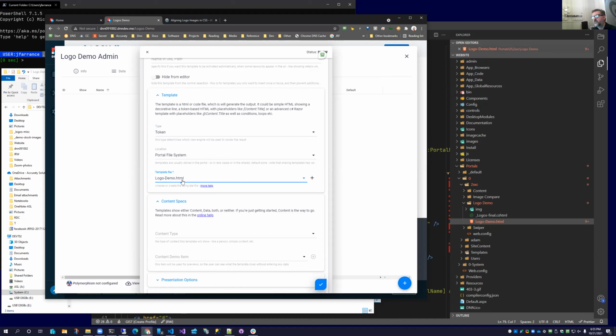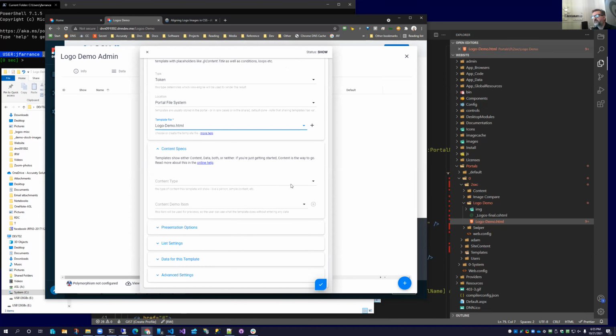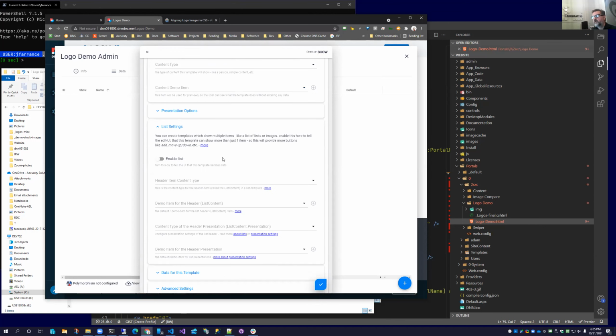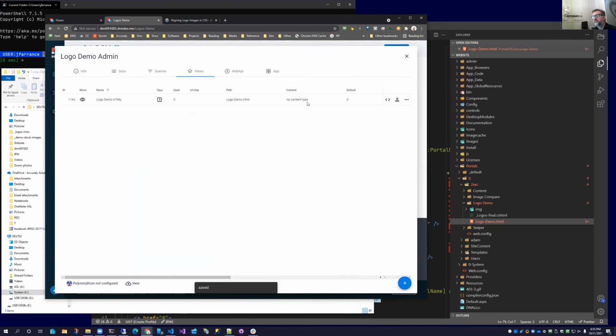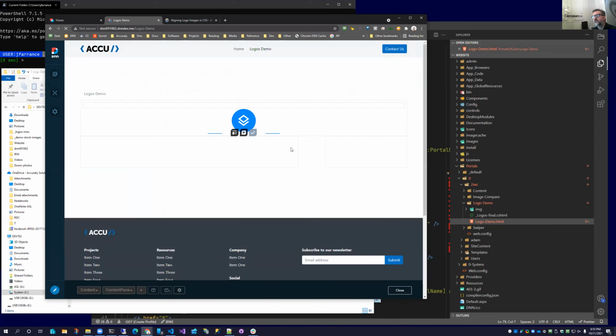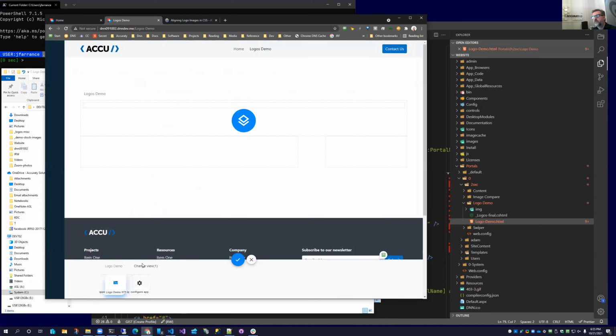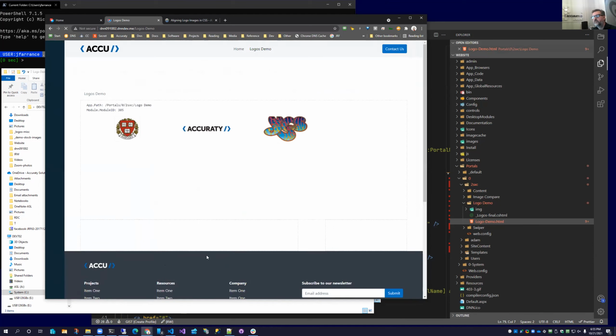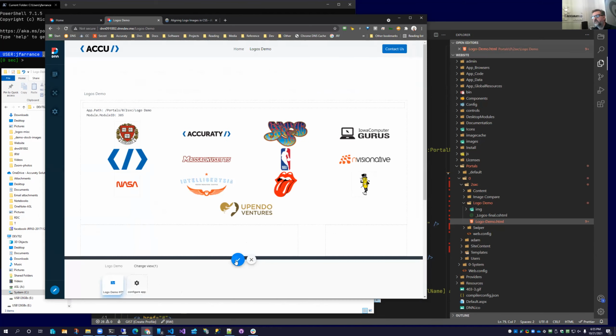It's just a bunch of HTML named logo demo. We don't even have to assign a content type. I'm not going to turn on list or anything. Just go. And then close out here, go back here, and it now appears. And I can select it.